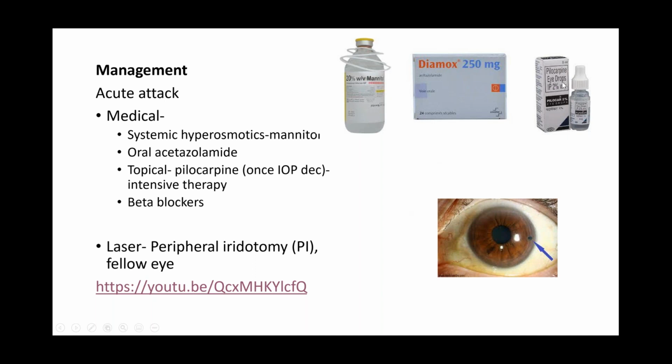It is not just the eye which has had the angle closure glaucoma attack that you subject to peripheral iridotomy. Always make sure that you examine the other eye. Patients generally have shallow anterior chambers in both eyes. So you examine the other eye, rule out any shallow anterior chamber, do a gonioscopy, and if the chambers are shallow, even the other eye has a predisposition to go into an attack later on. So to prevent that, you do a laser peripheral iridotomy even in the fellow eye.